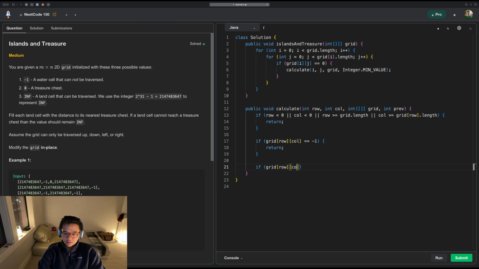If grid row col is less than or equal to prev, return. So grid row col will then equal, maybe this is 0. Yeah, this might be 0. Previous plus 1, so